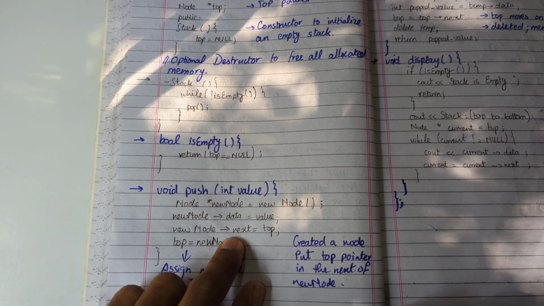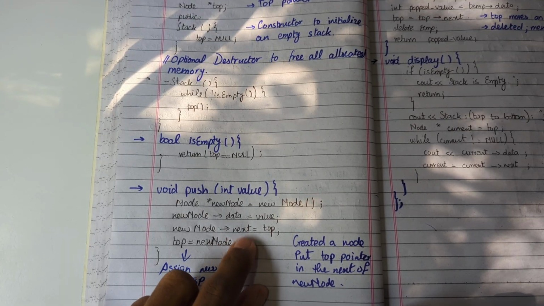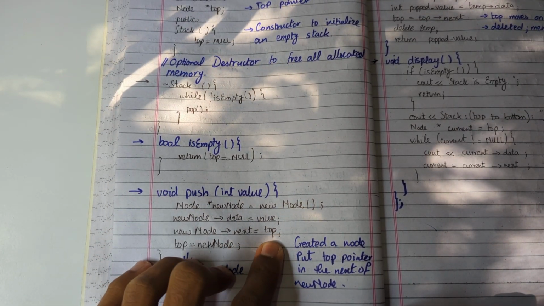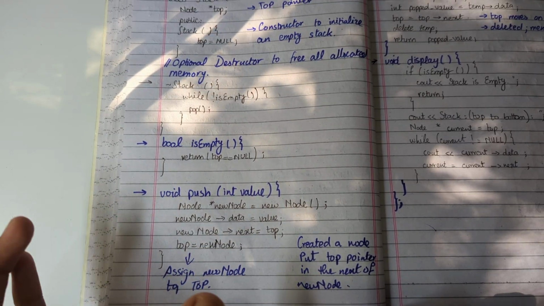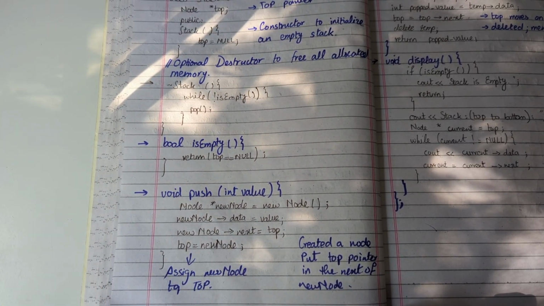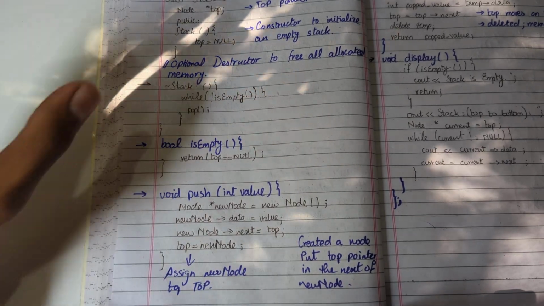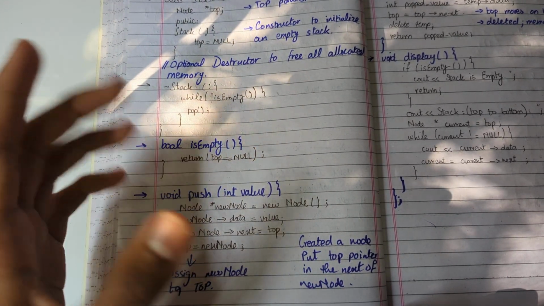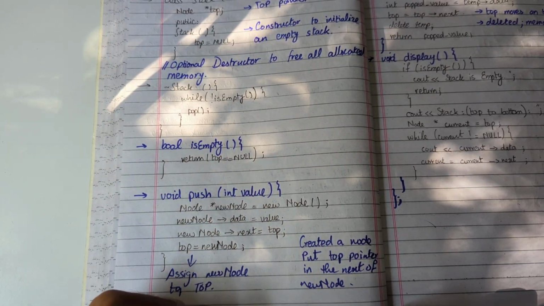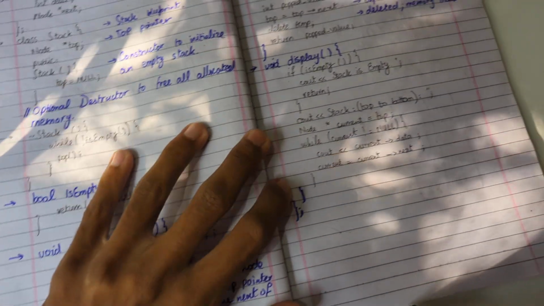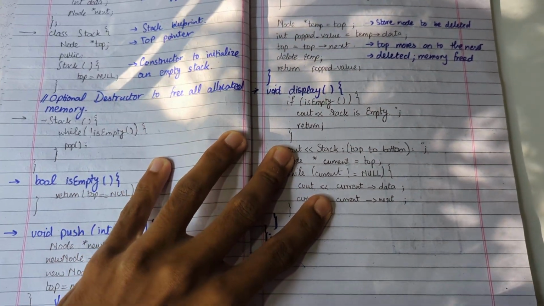Basically, the top is going to be stored in the new node's next portion, as that is going to be our topmost node of the stack. Then we're just going to assign the new node to top so that the top points to the node that is inserted last. Create a node, put the top pointer in the next of the new node. Done. Next up, we have a